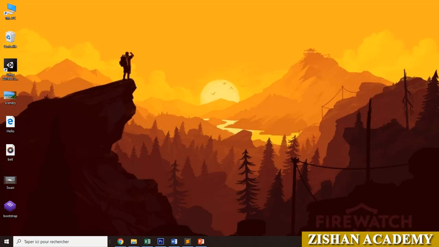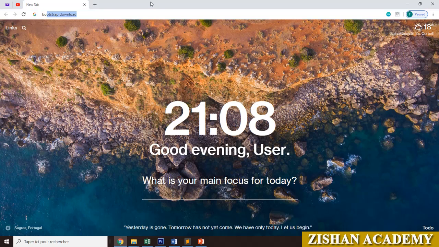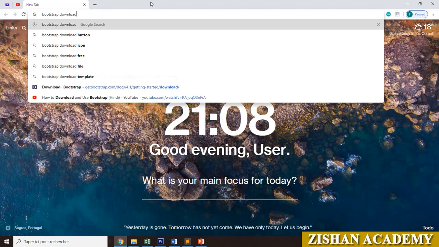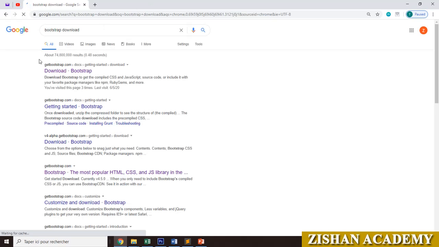To download or to go for CDN, we have to go to the browser. Then we have to go to the Bootstrap download. Here in Google, you will get the download Bootstrap page. Just go to download Bootstrap.